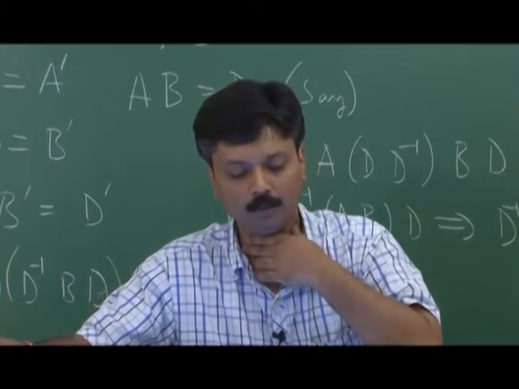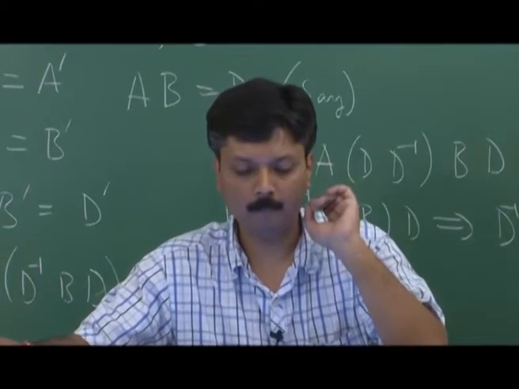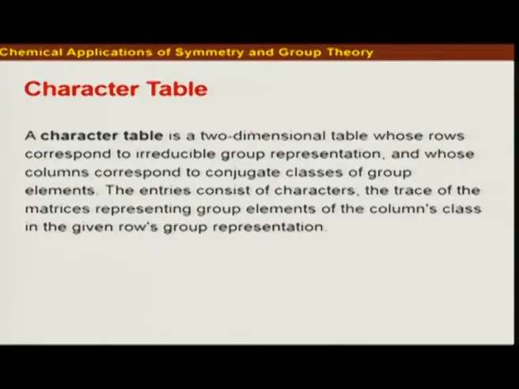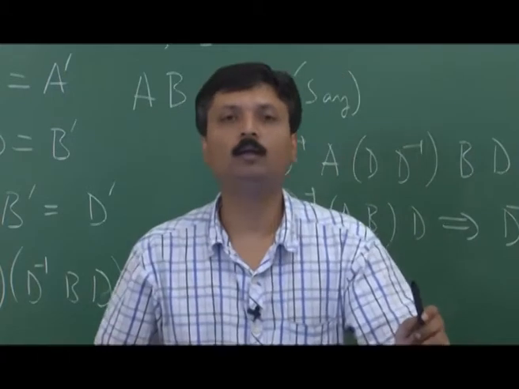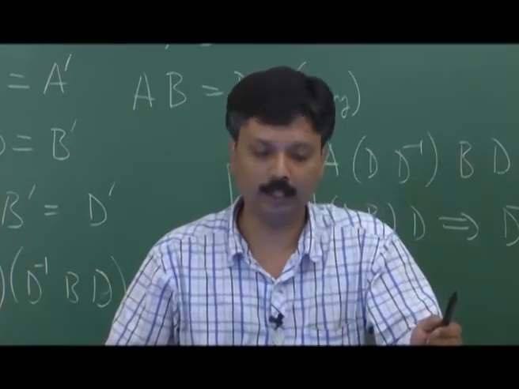So what is a character table? Obviously it is a two-dimensional table whose rows correspond to irreducible group representations, or simply irreducible representations, and the columns correspond to the conjugate classes of the group elements. The entries consist of characters, the trace of the matrices representing group elements of the column's class in the given row's group representation. So let's have a look at that particular table, which is known as a character table, and that's